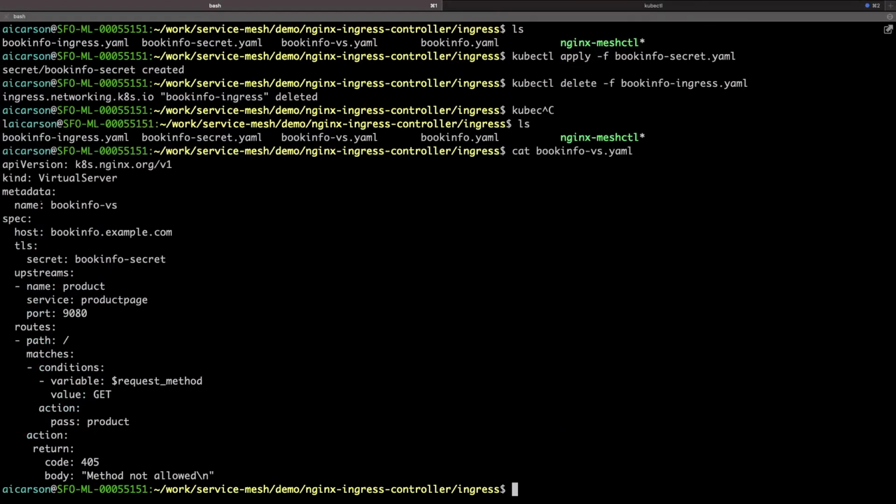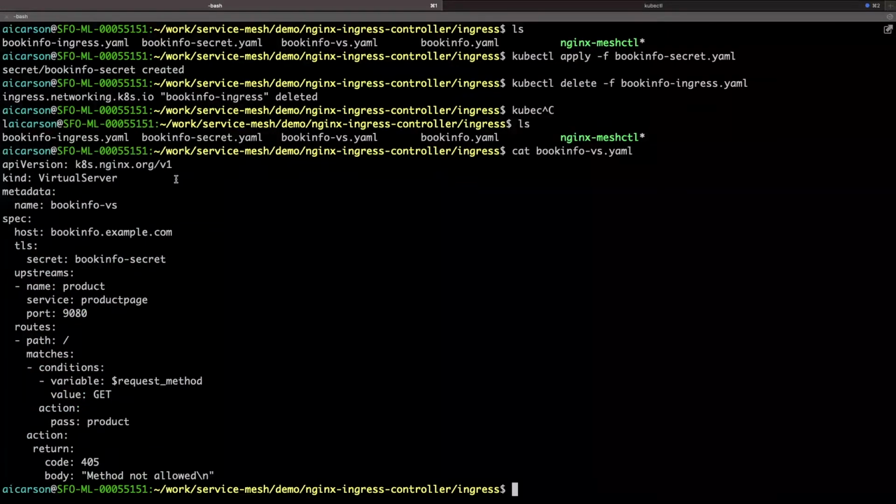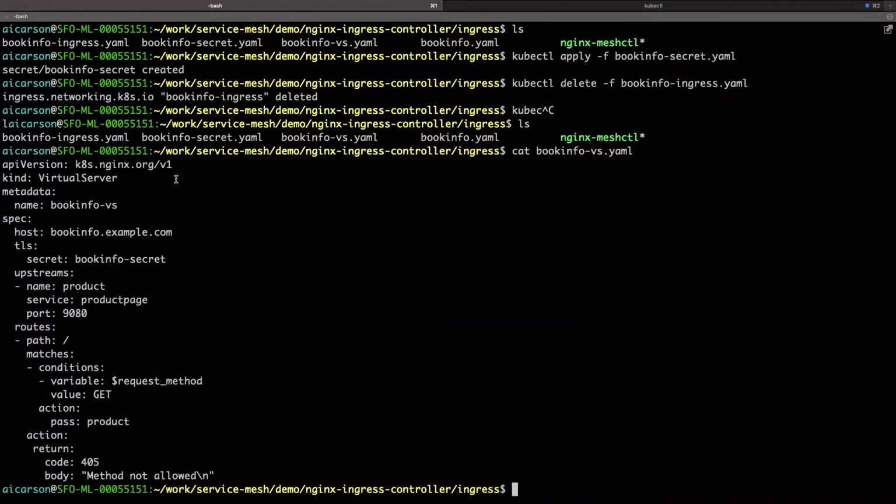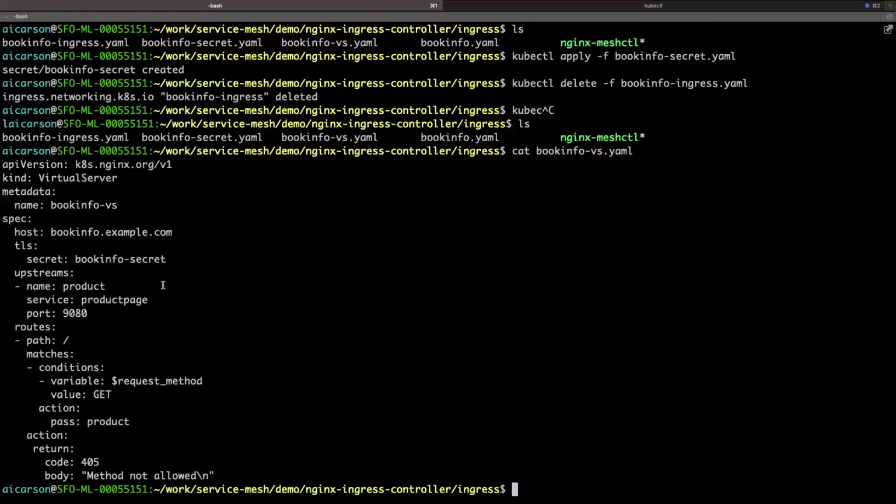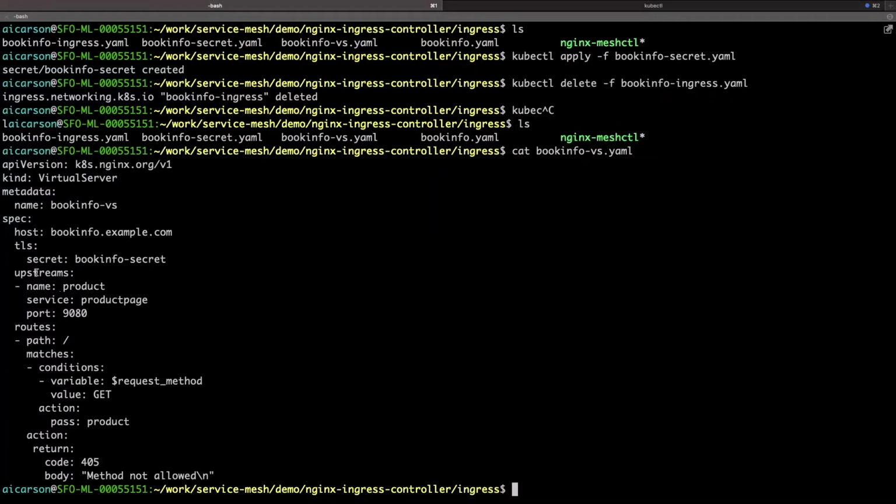So this virtual server, this is another custom resource that NGINX Ingress Controller defines. The bones are pretty much exactly the same. What we're going to do instead, well, we're going to be able to define a little bit more advanced functionality, but we're going to introduce this concept of an upstream. So if you're familiar with NGINX, you're probably familiar with upstreams.